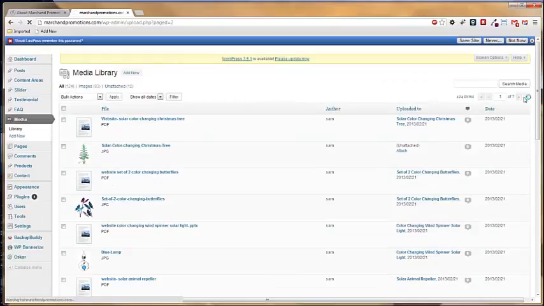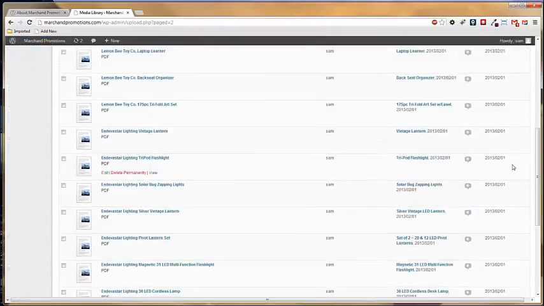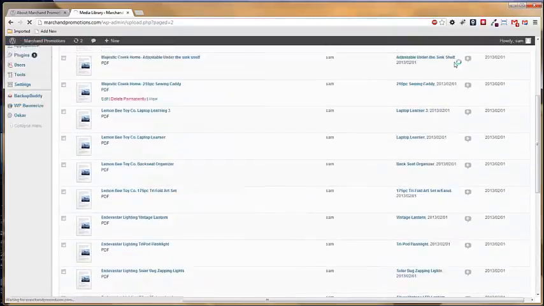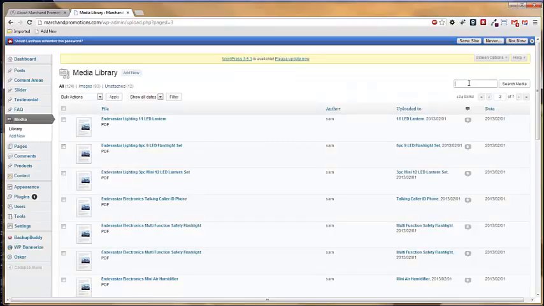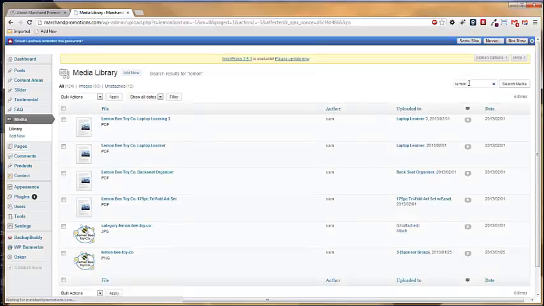You can either just navigate using these arrows and try to find the correct one, or if it's been tastefully inserted, meaning it has keywords assigned to it, and it's not like image 1 or image 2, but something that's a little bit more straightforward, where like Lemon Bee, I assume the image should be called Lemon Bee. So like here, for example, the image that we want to edit is the one that's uploaded to the 3 sponsor group, because that's the content area that we want to edit. I'll click on edit,